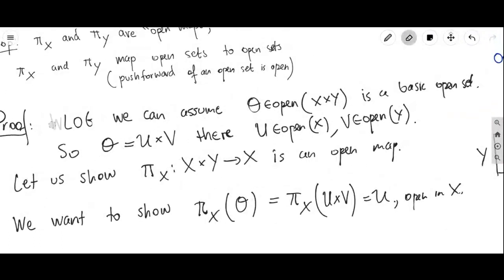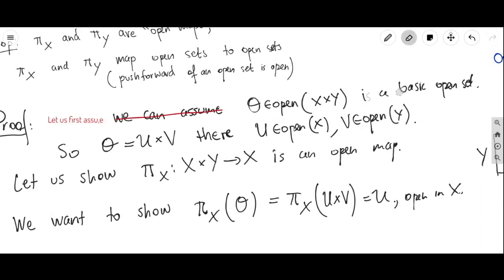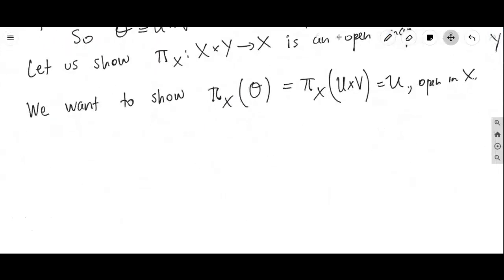It's actually therefore important. So maybe I'm going to remove this. This is not obvious. So sorry about that. So maybe I should say, let us first assume that O is a basic open set. So it's true for basic open sets, but why is it true for open sets in general? So if O is open in general,